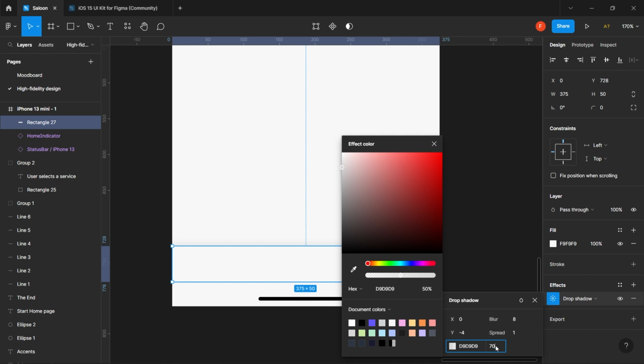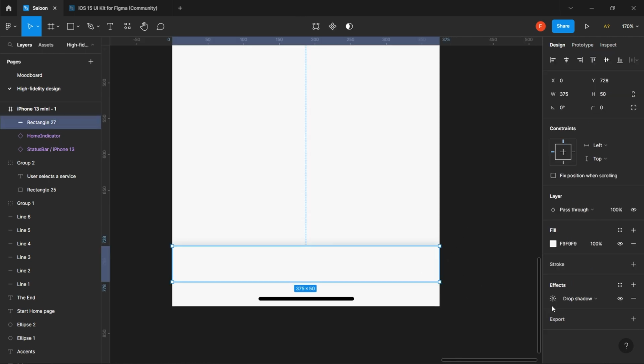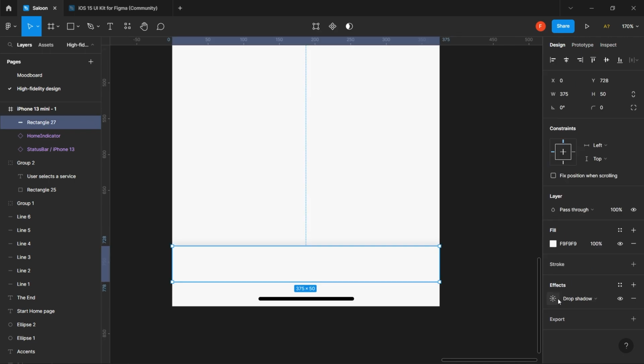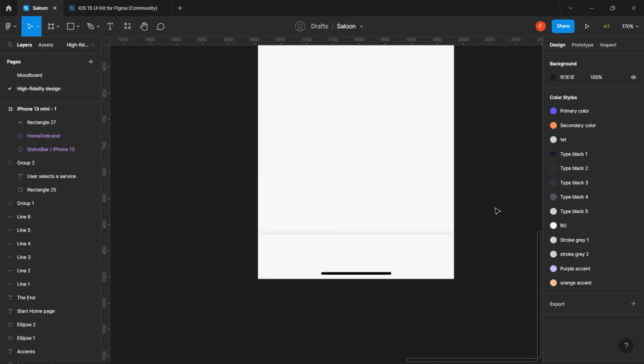Or I can increase this gray to 70, just to make it soft. I want to make it even softer, so let's try 60. I think 50 is fine, probably between 50 and 40. All of this depends on you. It's not as if we have a rule; it depends on the style you are going with, the creative direction for the app. Some apps would have really huge shadows, while some would have